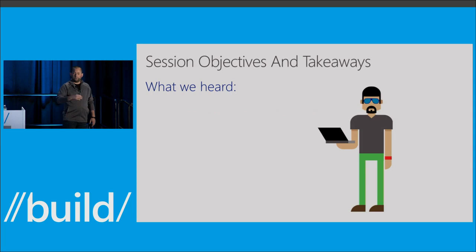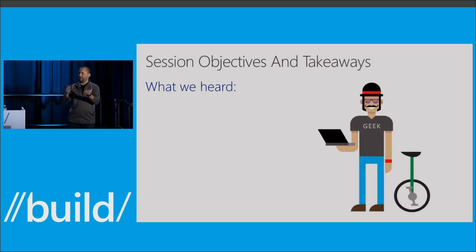So what we heard from last year, I just want to recap what developers told us after we finished Build last year and what they said they wanted in the coming year. Last year, one of the big pieces of feedback I got was that there's not programmers anymore, okay? People are now hipster programmers, and so I wanted to take that piece of feedback and immediately update that part of the slide. This PowerPoint icon came with the unicycle. I didn't have to go find the unicycle. It was included as part of this guy.